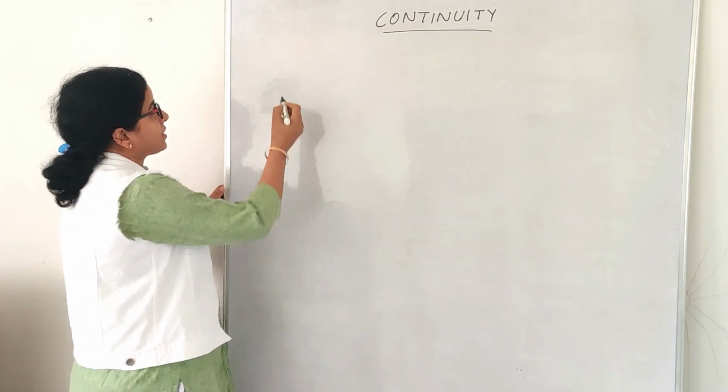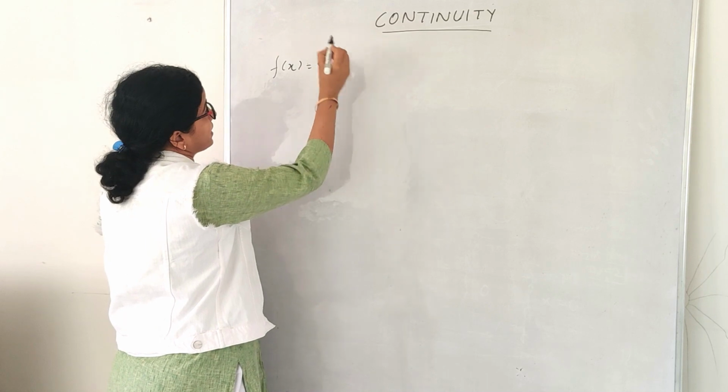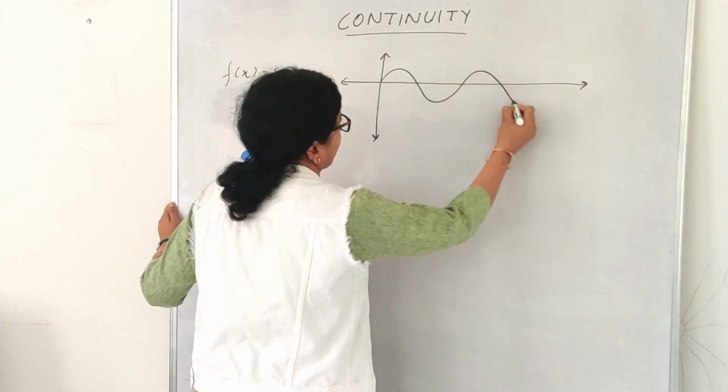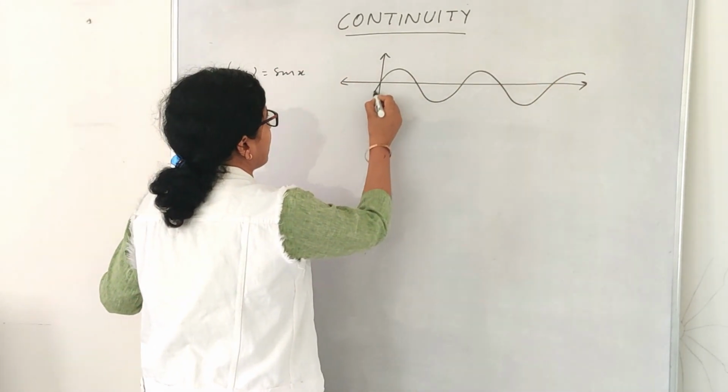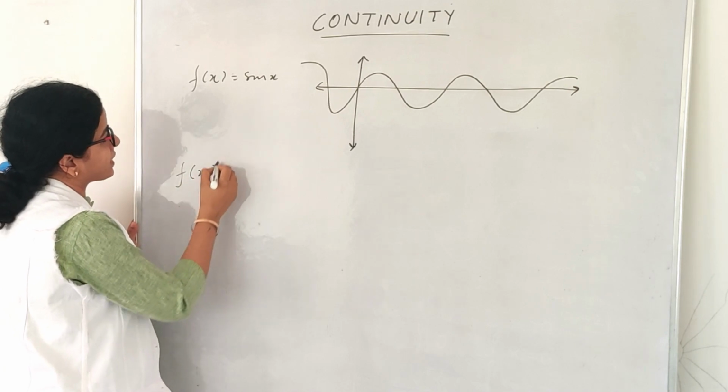Let us see first f(x) = sin x. When I am talking about a sine graph, it keeps on going like this, like a wave. This side also, right? Now if I talk about a graph of a signum function,